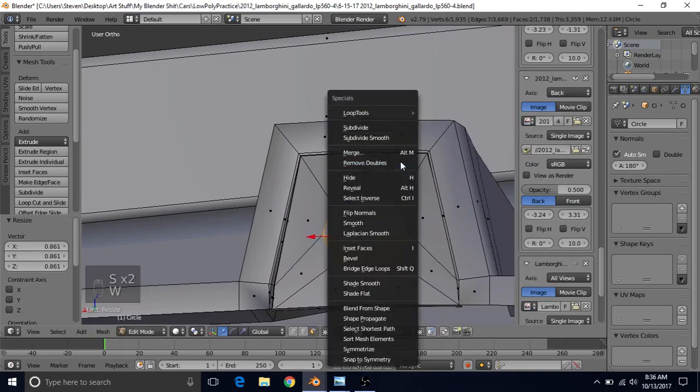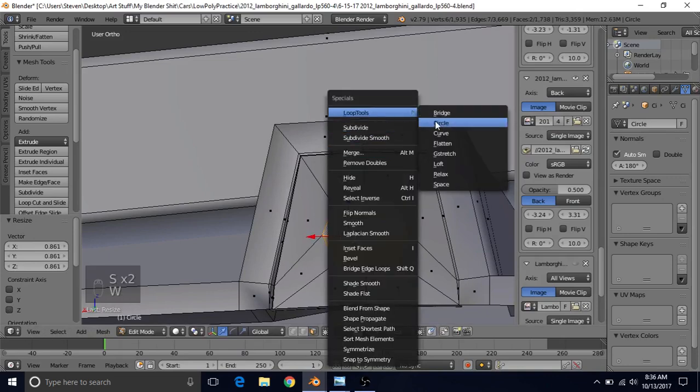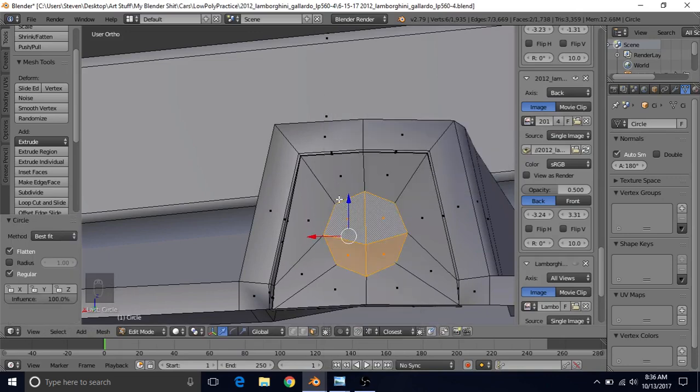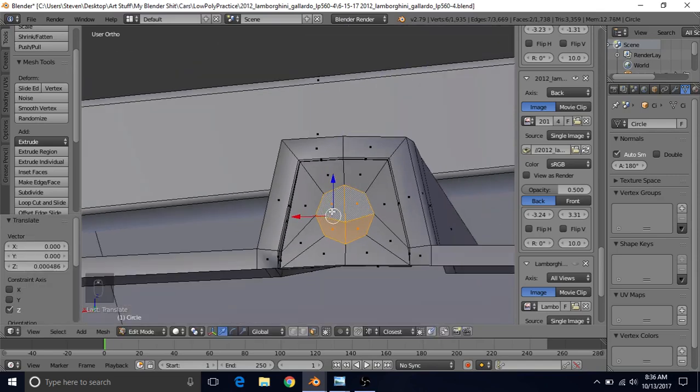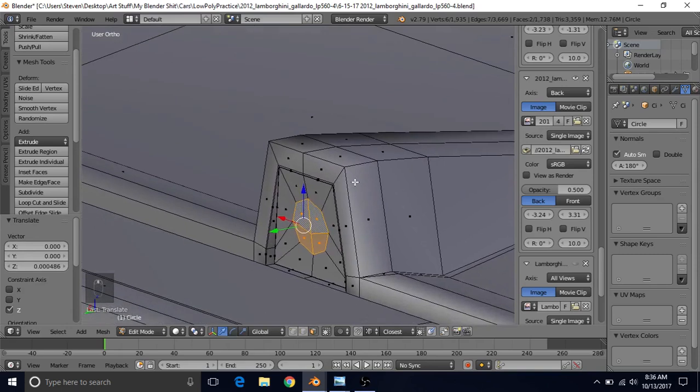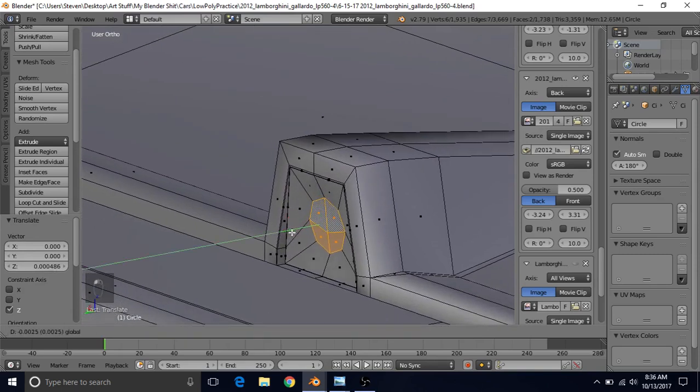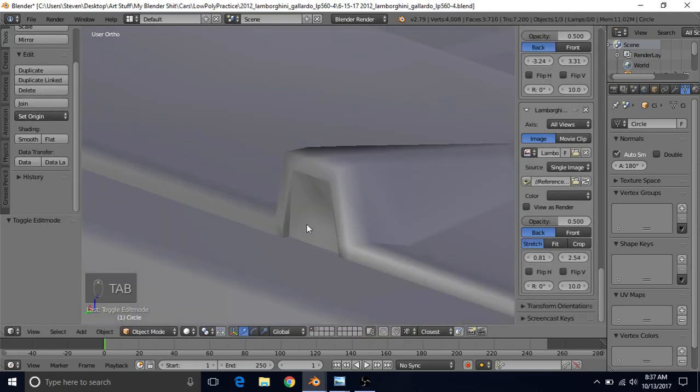Just whenever you scale it, make sure you do W, loop tools, and then circle, because scaling it's going to mess it up because it's mirrored. It's not going to be a perfect circle after you scale it. So you always have to do the circle thing again. And then this part actually needs to be pulled back on the y-axis a bit. So just pull it back some on the y-axis until you are happy